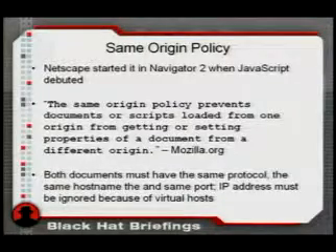The origin is defined as the protocol or scheme, so usually HTTP versus HTTPS, the host name, and the port number. If any one of those three change, then it becomes a different origin and the script can't manipulate that data. The IP address is not part of the same origin policy. Originally, that was because of virtual hosting and load balancing issues. But that is critical to the attacks I'll be demonstrating, since IP address is actually how servers and hosts on the internet communicate.